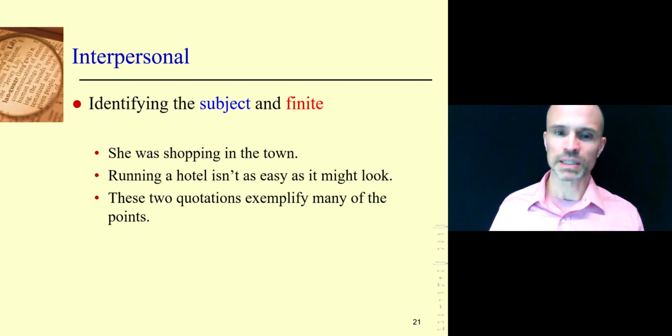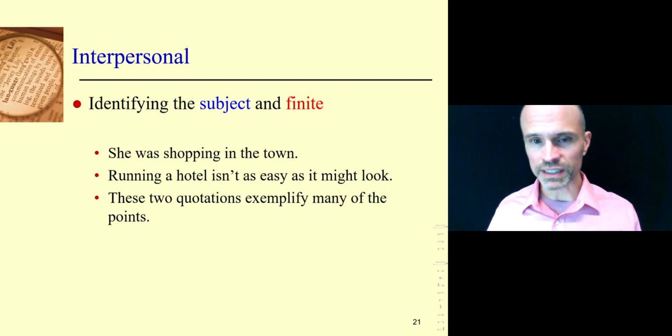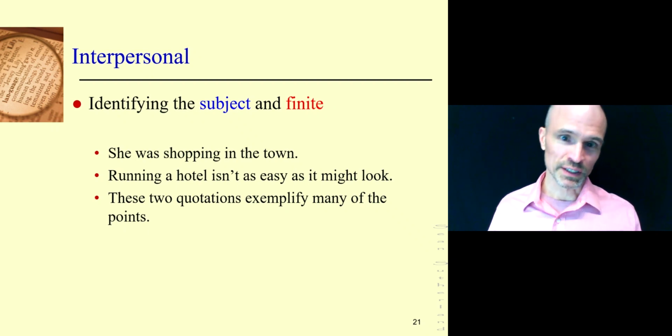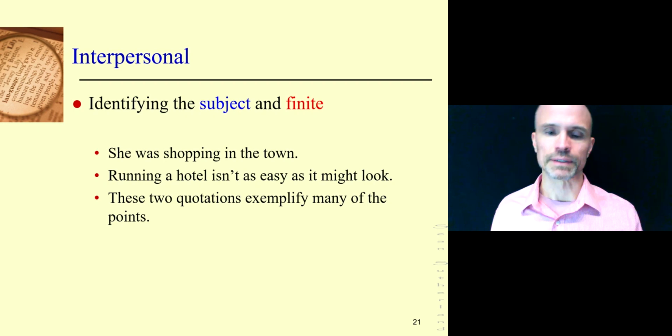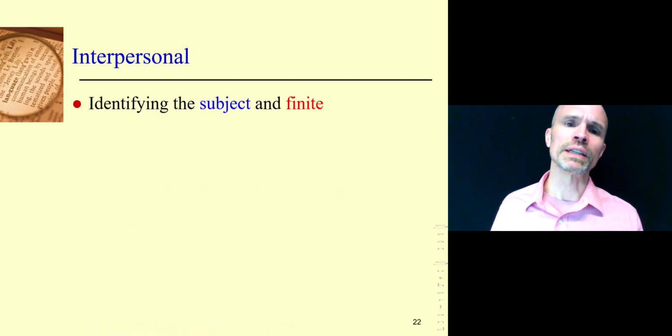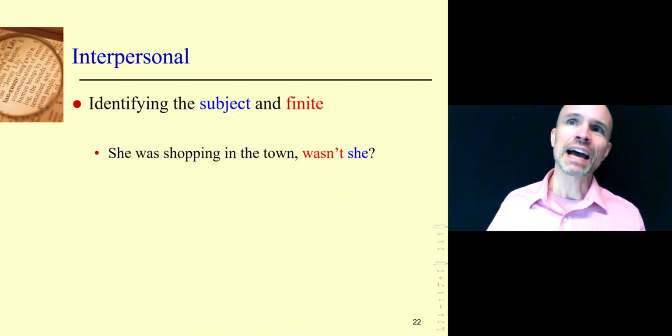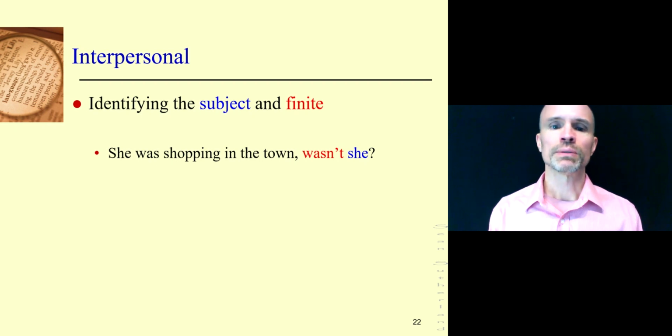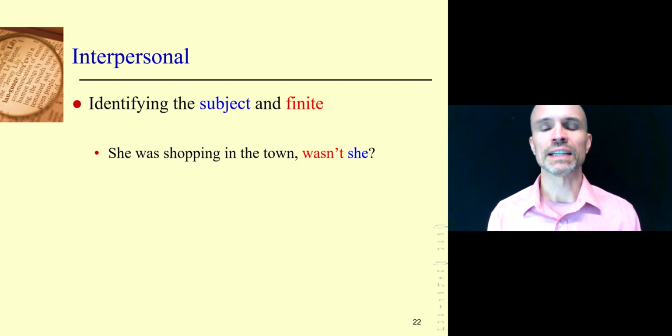How do you identify the subject and the finite in longer sentences? Here's some advice on that. Now, of course, you may be able to do it just by looking. Great. Another way to do it is like this, right? Add a tag question. She was shopping in the town, wasn't she? When you add a tag question, what you do is you